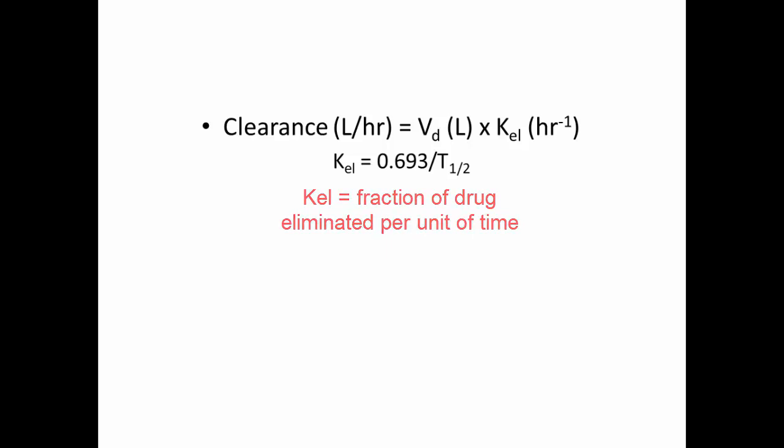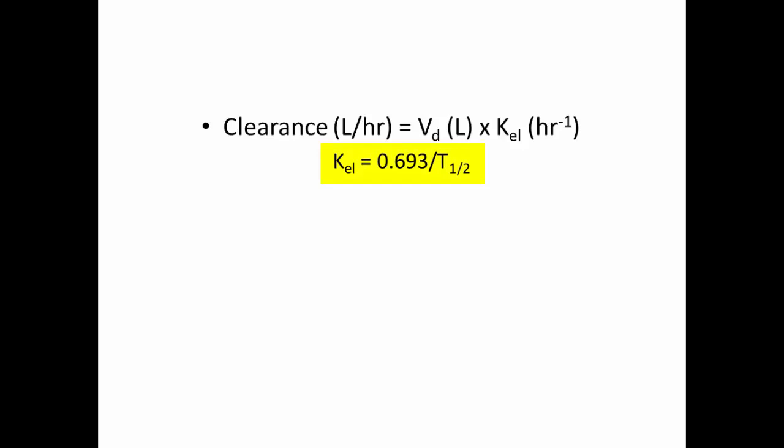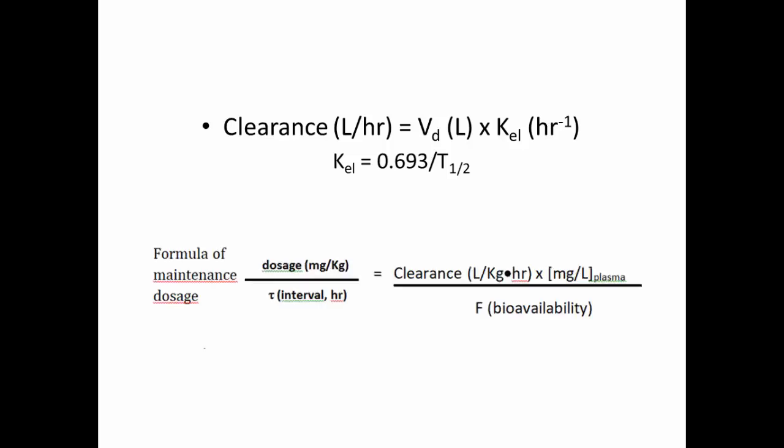And for most drugs which follow first order kinetics, we can calculate this by dividing 0.693 by the half-life of that particular drug. So if they give you the half-life of the drug and the volume of distribution, then you're set. We can now put everything together in a single equation that will include the body weight of the animal,